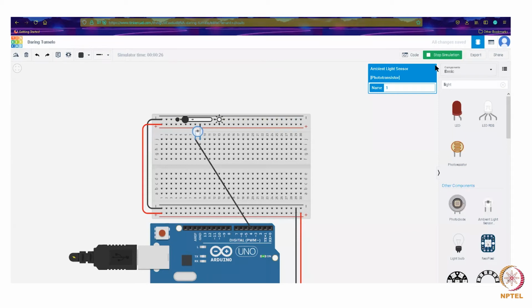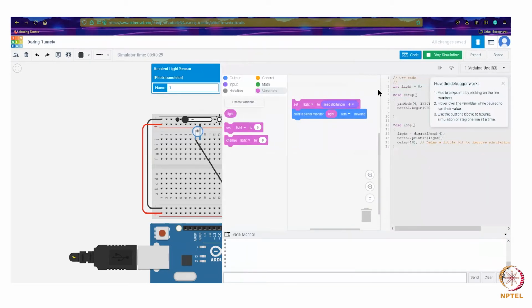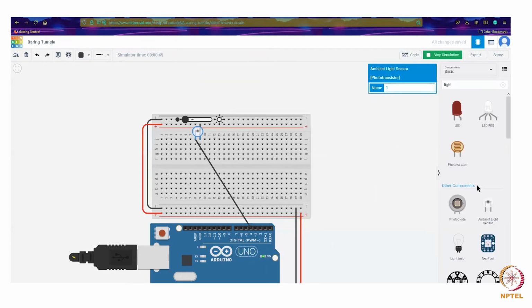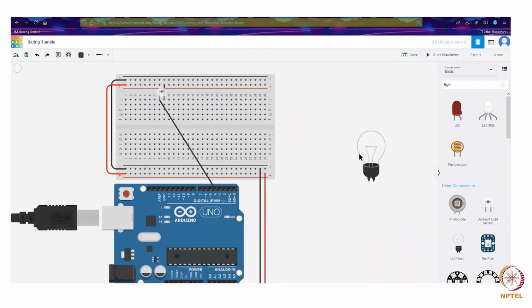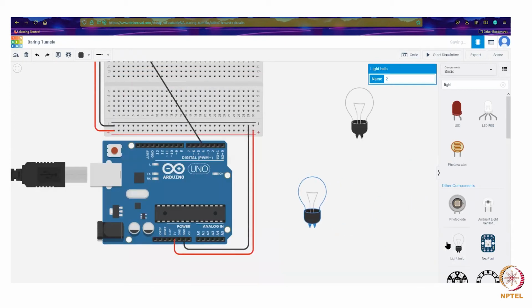So the next condition would be checking. So we need to check if the light is there or not. So we need to print something. We need to do something only if it goes dark. If we have sufficient ambient light, then we need not do anything. We just need to keep the lamp at low. So what we can do is that we will initially put 2 light bulbs. So this can be 1 light bulb, and for the second case, we'll put 3 light bulbs.